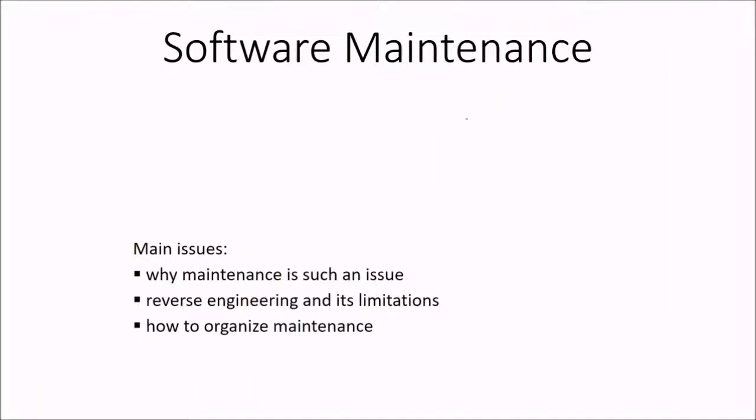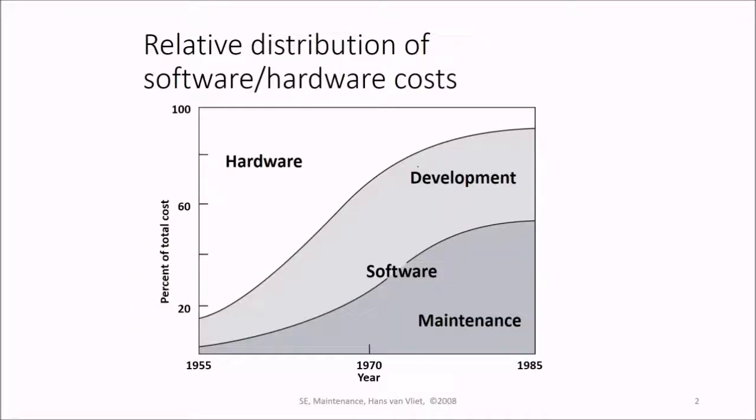In software engineering, let us see the software maintenance. The key issues will be why maintenance is such an issue, reverse engineering and its limitations, and how to organize the maintenance. So, this is a graph, or you can say a figure, which shows the relative distribution of